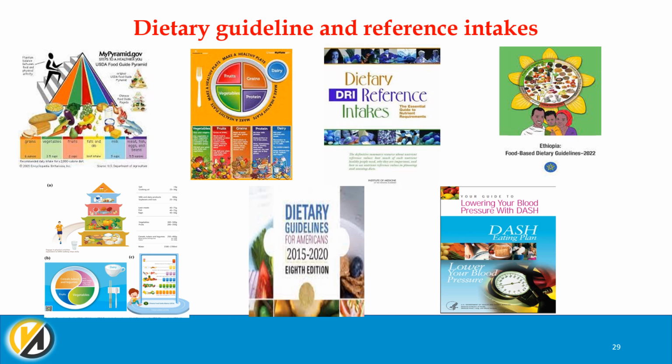And the fourth one is to accommodate culturally and regionally appropriate food products. There are also specific dietary guidelines, such as the Ethiopian Food-Based Dietary Guideline, which was released in 2022, and the Dietary Guidelines for Americans from the 2015 to 2020 editions. These are some of the examples which are specifically designed for specific populations based on the available ingredients within those localities. The Chinese guideline also exists.